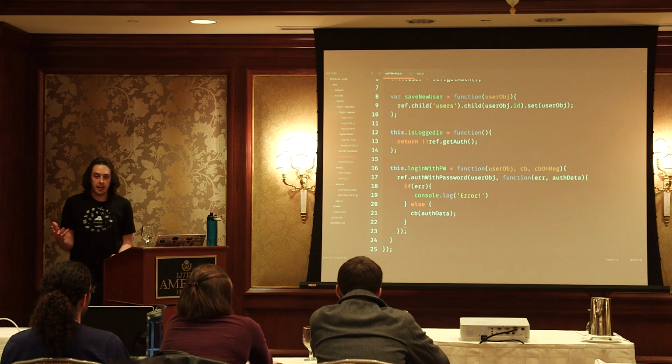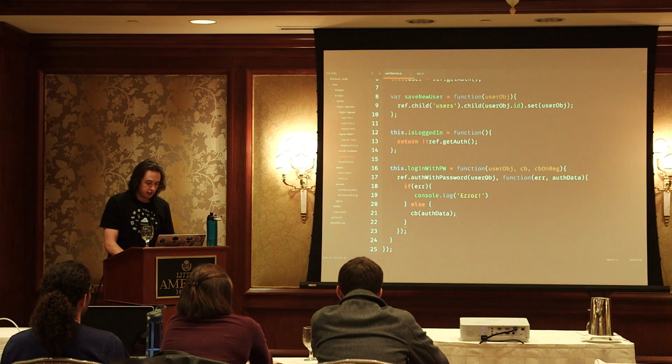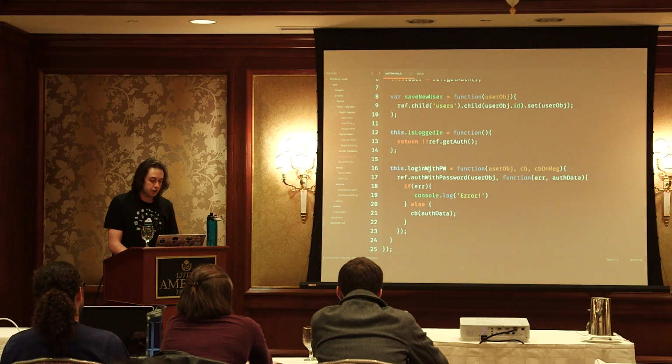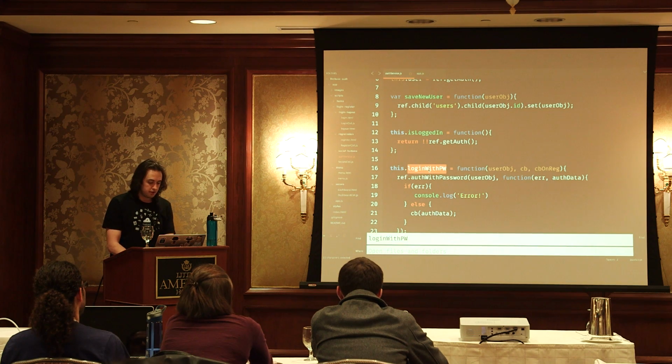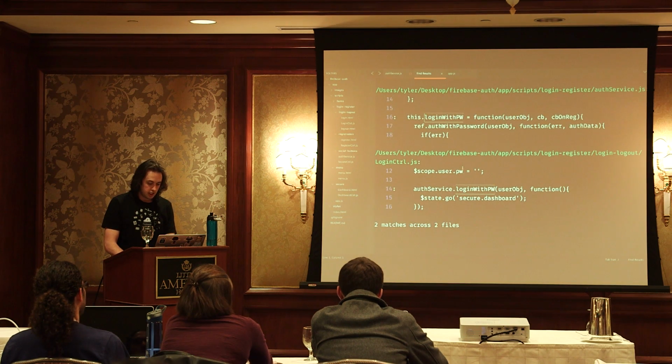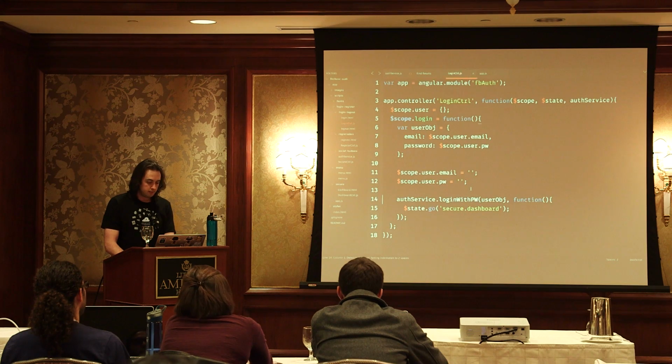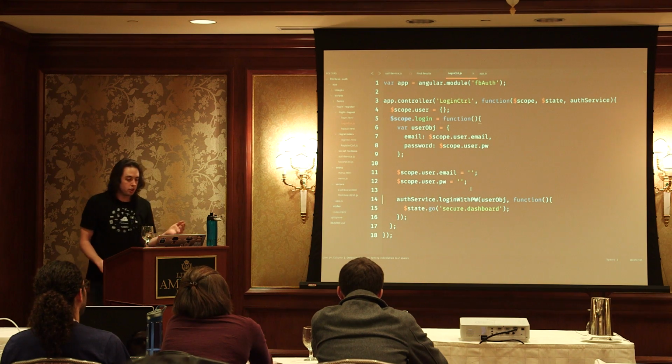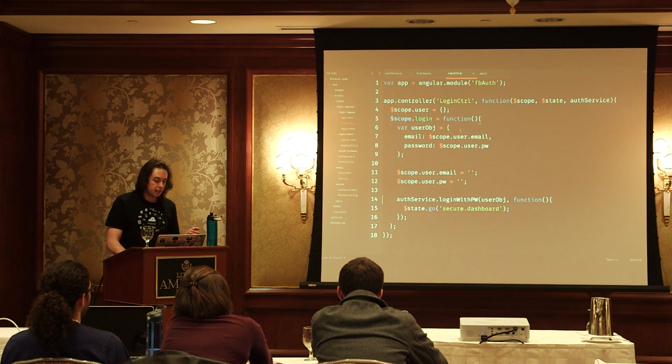Now, the question you should have right now is, what exactly is this callback? Let's go ahead and check that out. We need to find when this function was invoked in order to get that information. So let's search for it. We logged it here. So it looks like in our controller, we log in, we get some information from our scope.